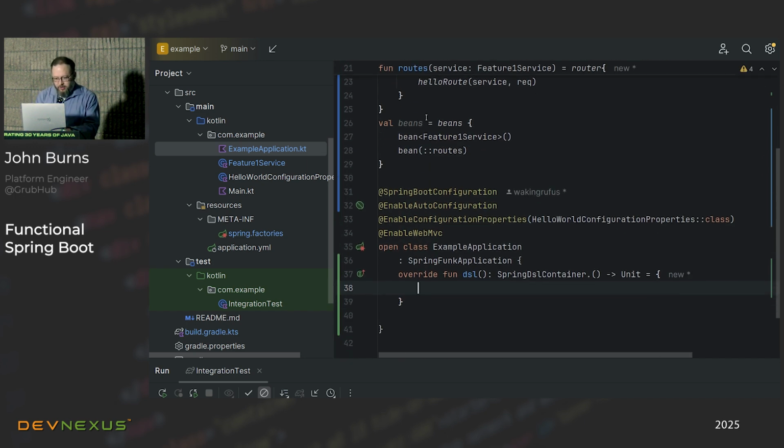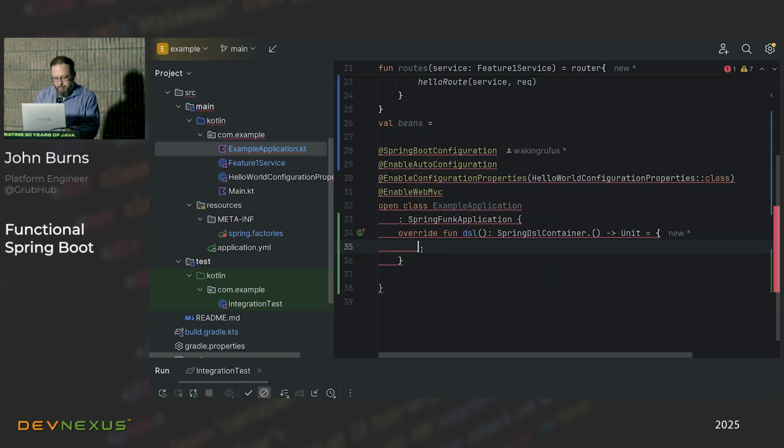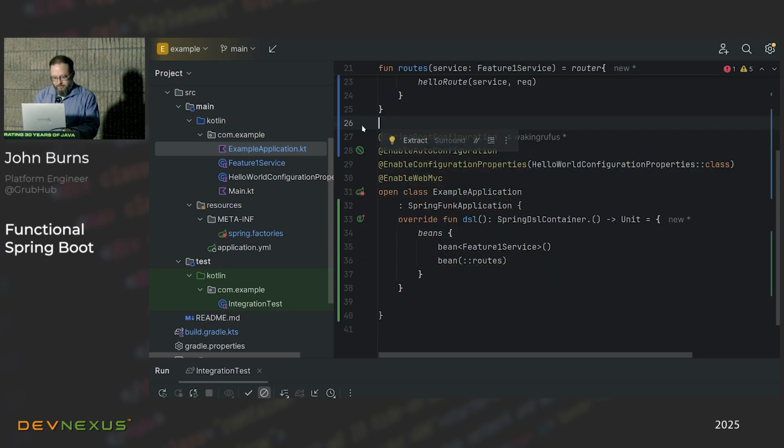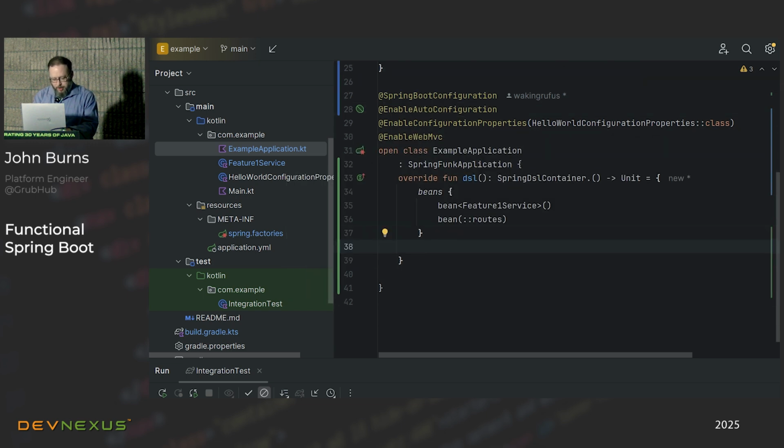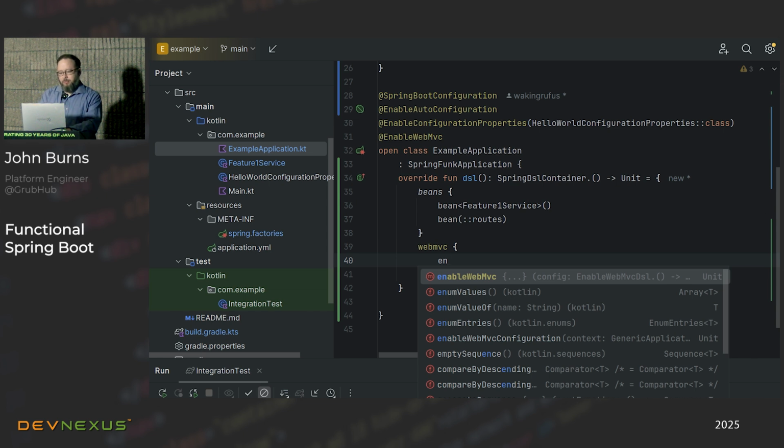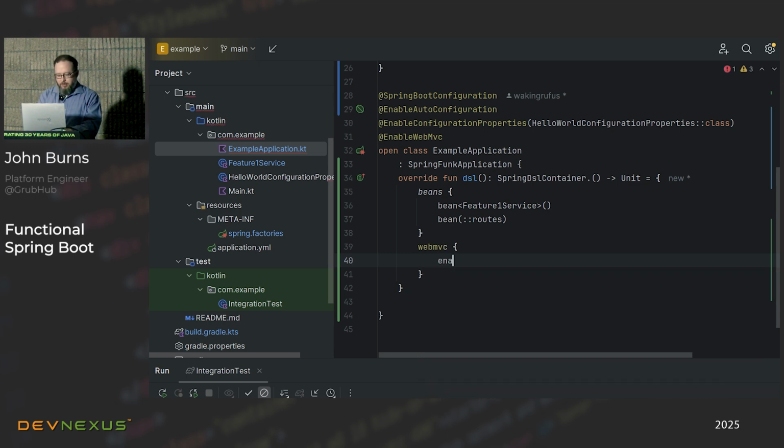Okay, so for beans, let's just copy paste that down in there. We want WebMVC, right? So let's enable WebMVC. See how with the code completion, Kotlin has something it does with DSLs where they're scoped. You see this suggestion is yellow. That tells you that's part of the DSL, so it helps guide you on what you can actually do at this part of the DSL. So we want to enable WebMVC, and we definitely want to use Jetty. And then